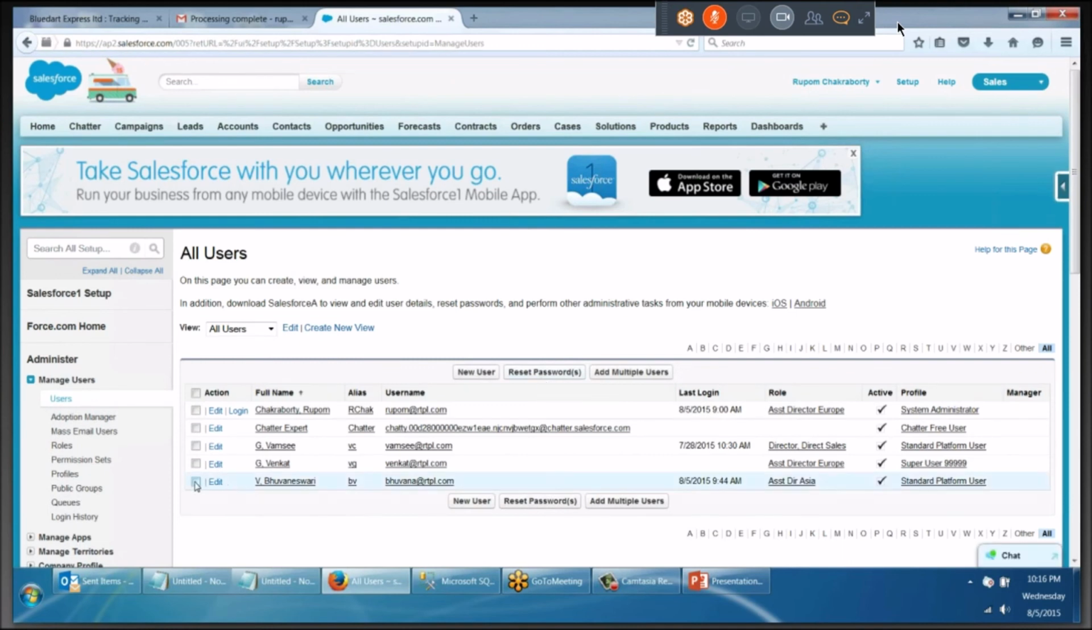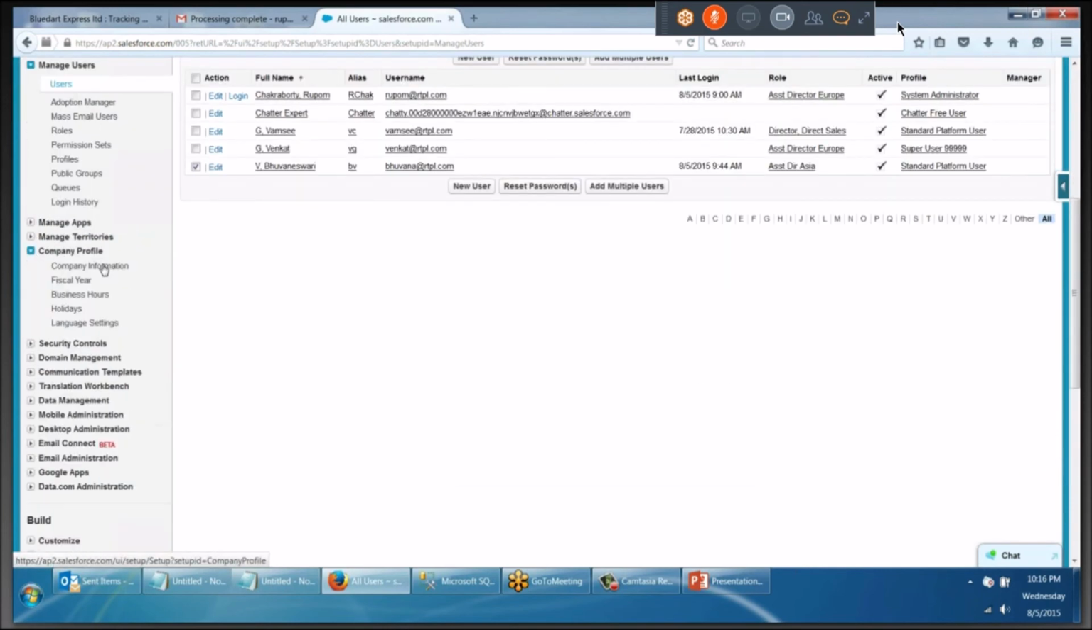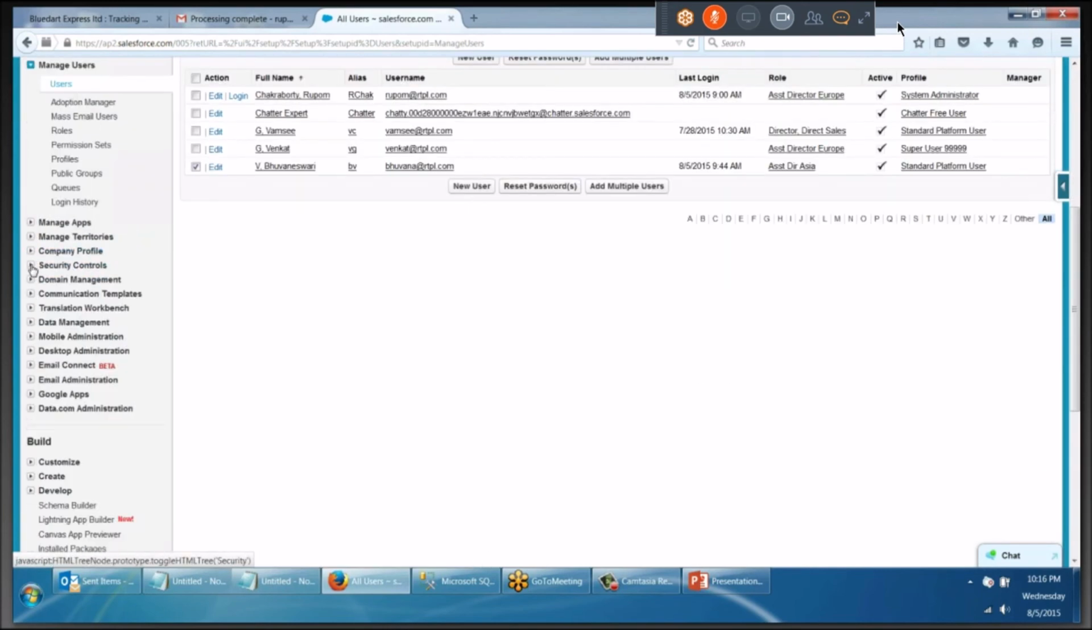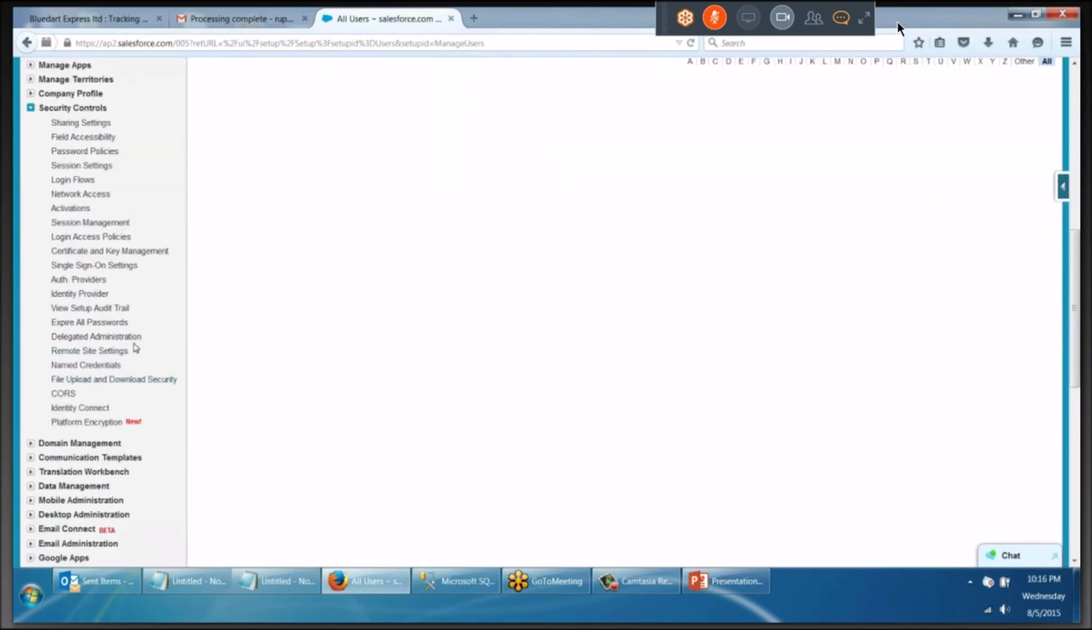I want to reset Bhuvana's password. Then I'll select Bhuvaneshwari and select reset password. Automatically she will get an email stating that her old password is now reset to a new one. That's done from here, right? Company profile, sorry, security controls, right? We have seen something called as